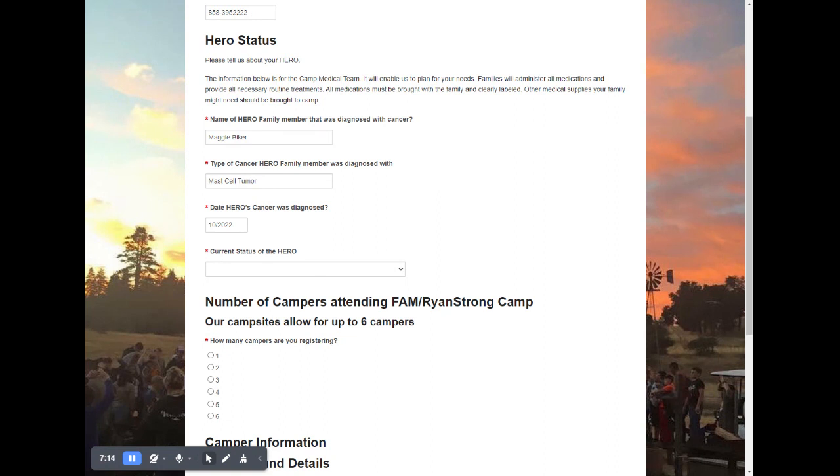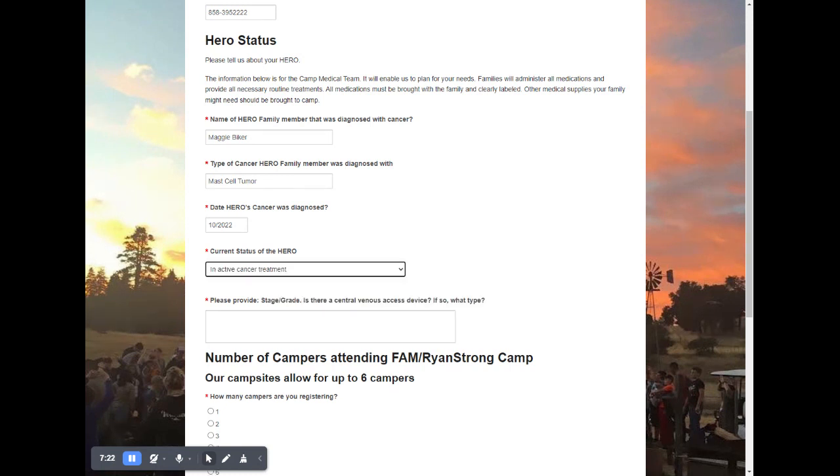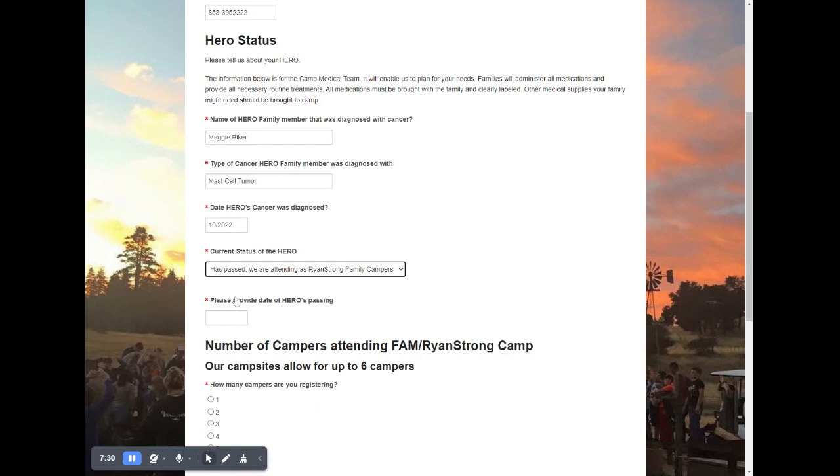This will drive different questions. So if I say no active treatment, it asks when I was in remission, or when she was in remission, rather. If it's inactive treatment, we do ask a little more detail about the status of the cancer. And then if your hero has passed, please provide us the date that they had passed. So we're just trying to collect a little information about the families that are attending and specifically who those heroes are. Maggie was fully healed in